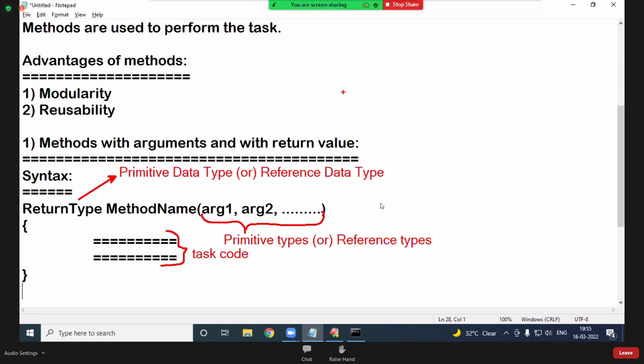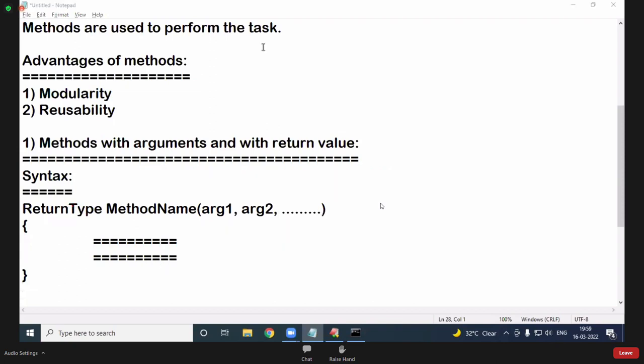8 data types. What are reference data types? Arrays, strings, classes, interfaces, and many more. Enumerations also come further. So don't forget, remember. Now here, according to our task, if primitive is required, you have to select primitive. If reference is required, you have to select reference. And after that, whichever type of result comes, that type you have to mention. Now you see, for example,